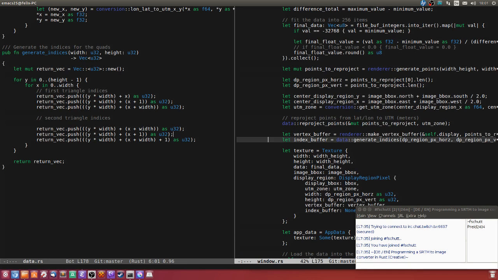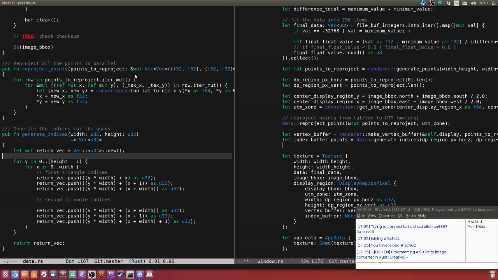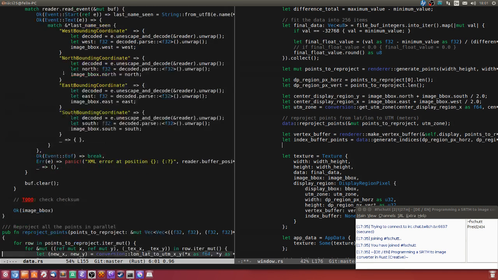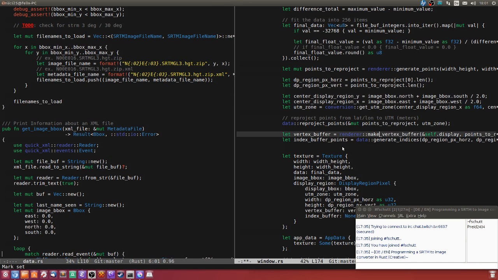These are only the points. Now to actually make a vertex buffer, what we need to do is this, make vertex buffer,